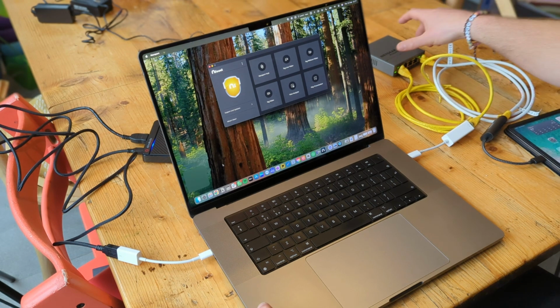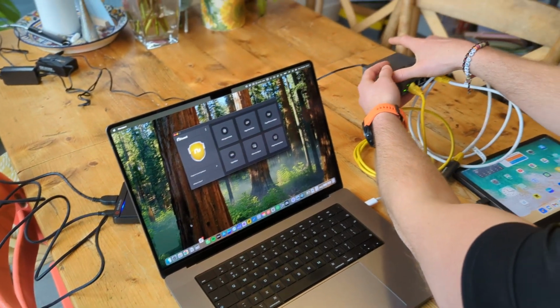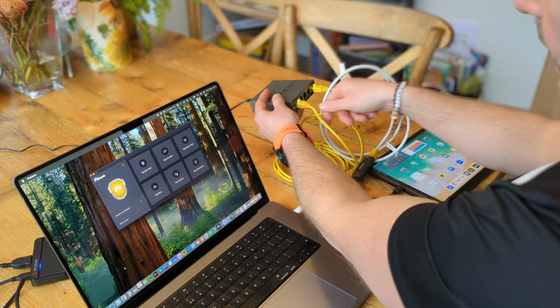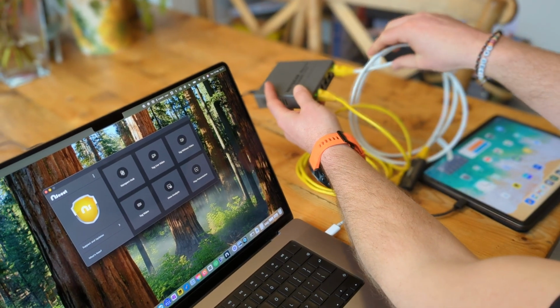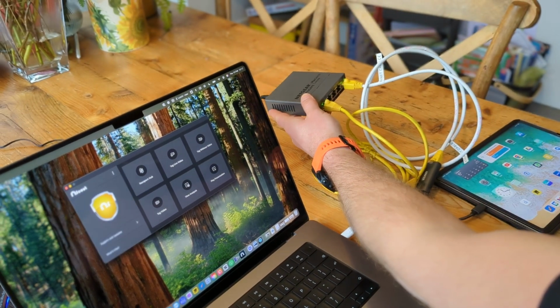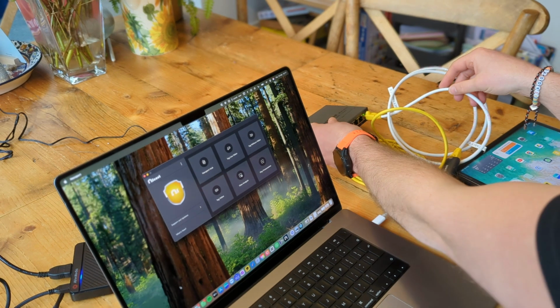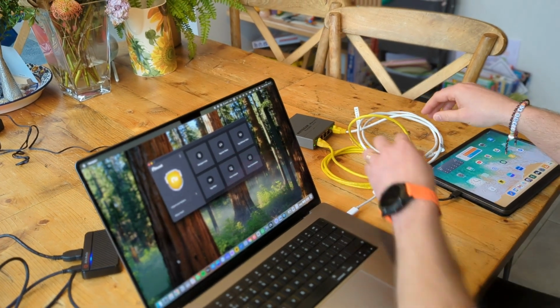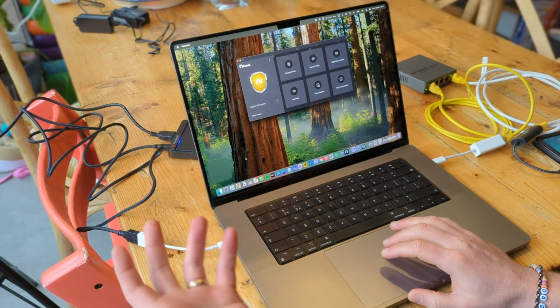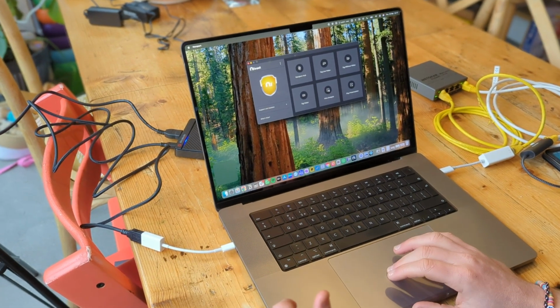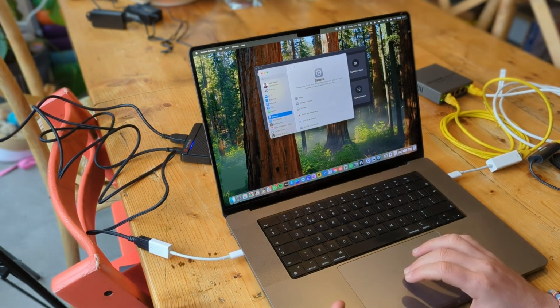So with this setup today, we've got a closed network using our switch here, and we have an Ethernet connection to our computer and an Ethernet connection to our review device, which here is an iPad. So as in the documents, what we recommend is having a static IP address set. The document will show how to set this on Windows and on Mac, but here on the Mac,